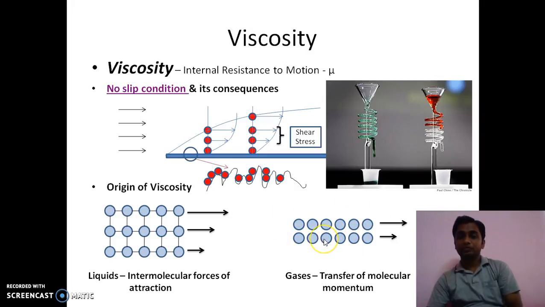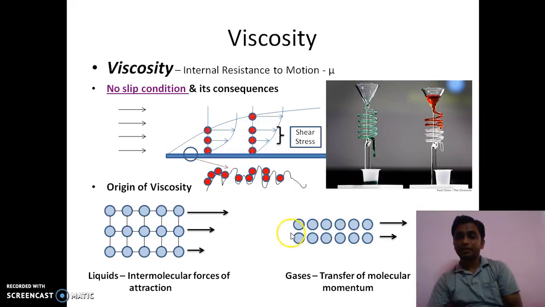So this random movement of molecules and their vibrations about their center, what does it cause? There is a chance that a molecule from the lower velocity layer might enter the higher velocity layer. Similarly, a molecule from the higher velocity layer might enter the lower velocity layer, and because of this, what will happen? If a lower velocity molecule enters the higher velocity region, it will try to retard the motion of the higher velocity moving particles. And similarly, when a higher velocity particle moves into the lower velocity region, it will try to accelerate the lower layer. Because of this accelerating and retarding action,